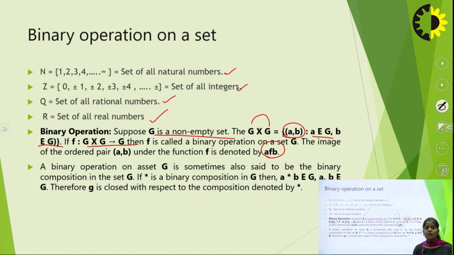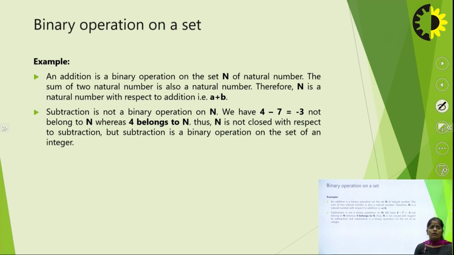A binary operation on G is sometimes said to be a binary composition, because if we consider that star is a binary composition in G, then we can write it as a star b, where a and b both belong to capital G, G being a given set. Therefore, G is closed with respect to the composition denoted by star. Now let us take an example: addition is a binary operation on the set of natural numbers. The sum of two natural numbers is also a natural number. So the closure property means